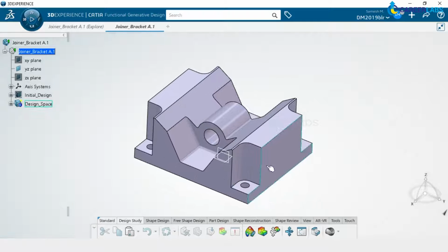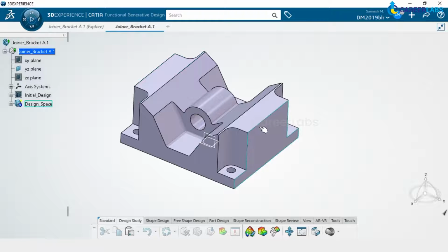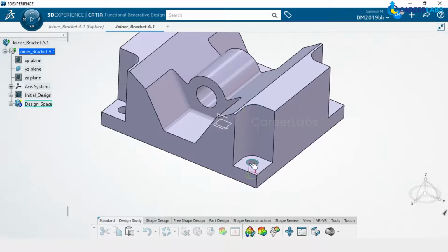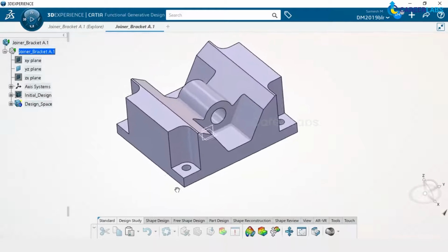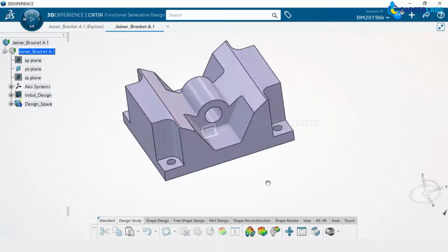But anyways, we have this part already ready, which is the design space. So software, based on the pre-processing that we do, which includes material assignment, boundary conditions and the loading conditions, will try to manipulate the amount of material which is exactly required within this given volume. So during that process, software should not consider or displace these holes. So for that reason, we will have to tell the software that these are the holes which are very crucial for the function of this part. So do not touch these parts. So these are the areas which are frozen. So how do I assign that first?